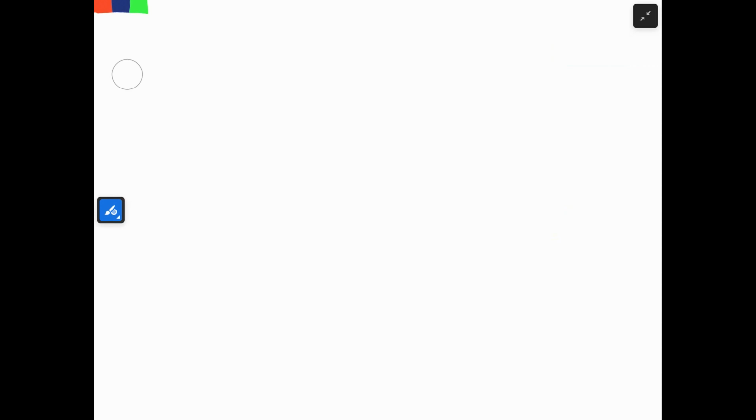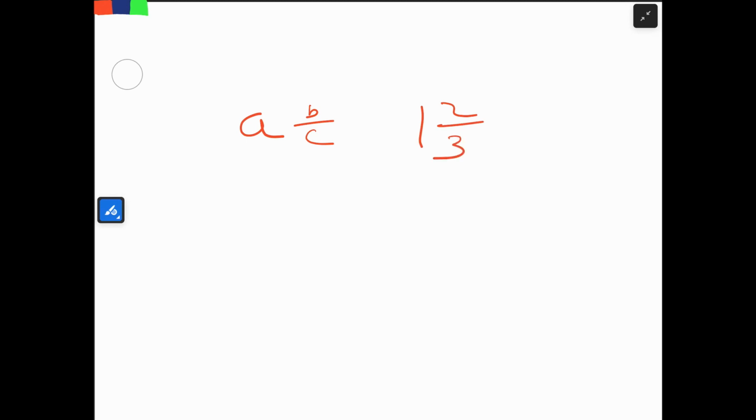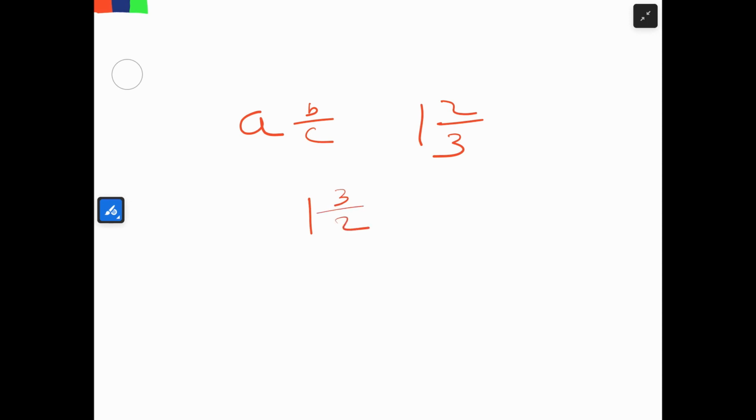What are mixed fractions? Mixed fractions are a combination of a whole number and a proper fraction. For example 1 2 by 3. Here in mixed fractions we can't have a whole number plus an improper fraction like 3 by 2. This will be wrong. Examples of mixed fractions are 1 2 by 3 or 5